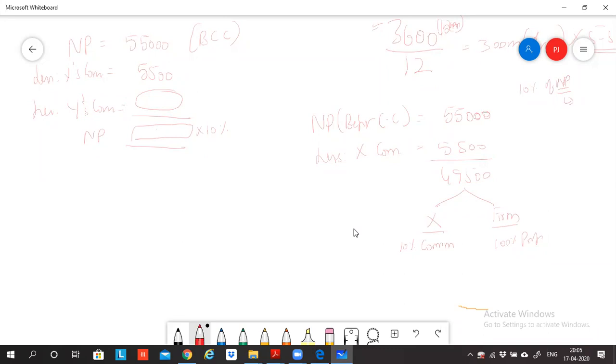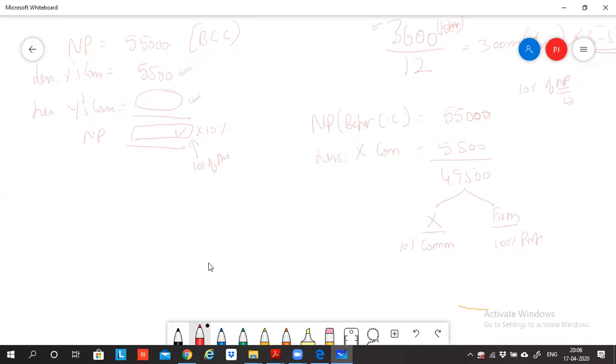X is supposed to get commission on 10, which is 10% of the net profit. And this net profit means after minusing... X will get commission on this net profit, 10% of this net profit. And this net profit, how will I derive? From this net profit, I have to minus both the commissions. After minusing both the commissions, whatever net profit I'm getting, on this net profit I have to do 10%. But the difficulty I have is I have X commission, I'll minus, but I don't have Y, which I want to find out.